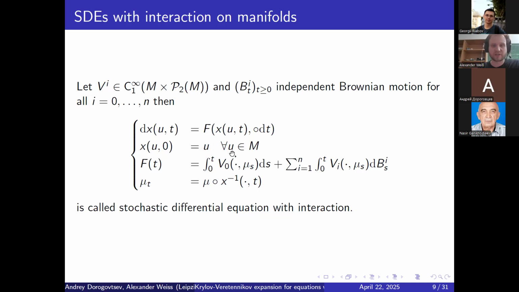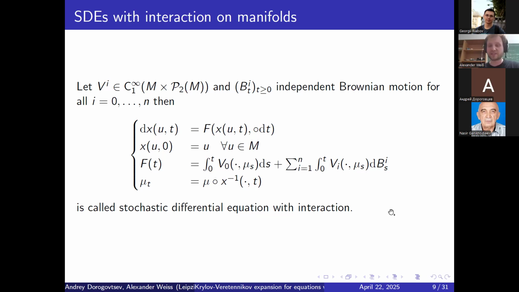Each particle starts at some point u and m. And then we have a special form of this driving semi-martingale f. It should look like this. So in a sense, if you look at this, it looks like first you have to solve the system with interaction, and then only you can actually look at this equation, because only then you have the corresponding semi-martingale.